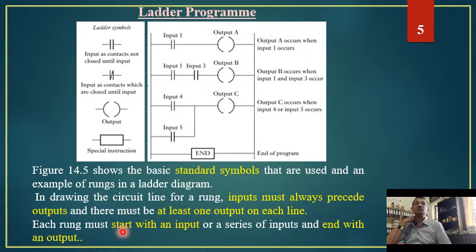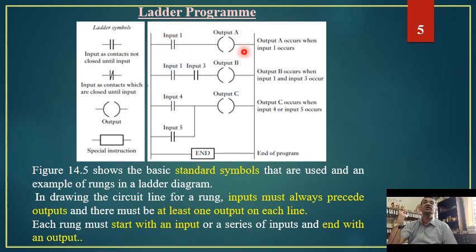Now here we have one good example for the ladder programming that is being written. In this figure we have two power rails represented as vertical lines. This is rung number 1, rung number 2, rung number 3 and rung number 4. There are 4 rungs that are connected in this particular ladder programming, connecting the positive power rail to the negative power rail, right? So let us just try to understand one by one.